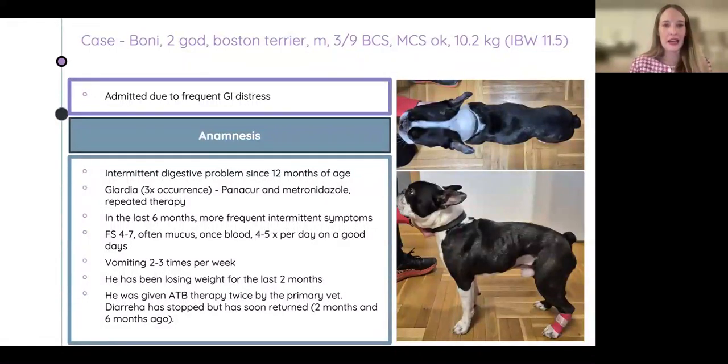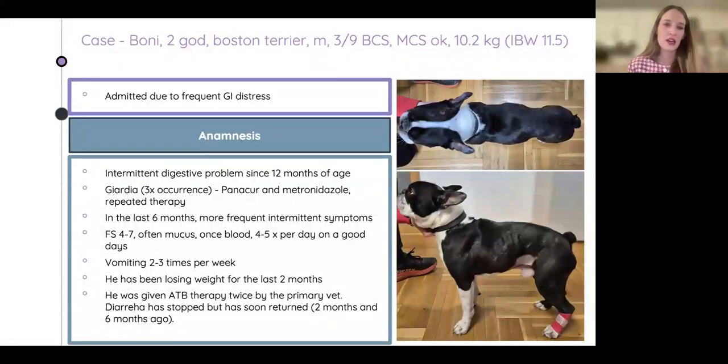And then he had Giardia 3 times in his life. It was treated with Panacur and metronidazole with repeated therapy. Now he's okay with that. In the last 6 months, there are more frequent intermittent symptoms of gastrointestinal distress. Fecal score at this moment is 4 to 7, and then often the owner sees mucus, and sometimes